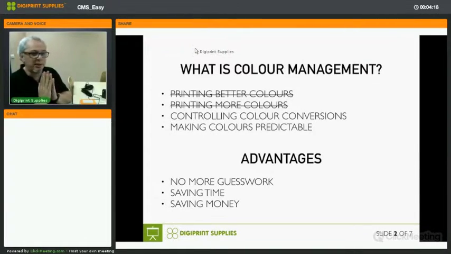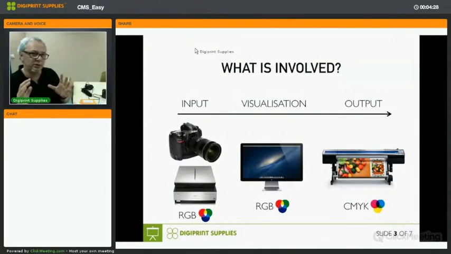Color management has always been about predictability. I want to be able to predict how color will look on different devices. So what's involved? Well, if you're going for color management, there's no way that you can have it half-half, like, I'll calibrate my screen and then that's it. No, you need to have your input, your screen, and your output